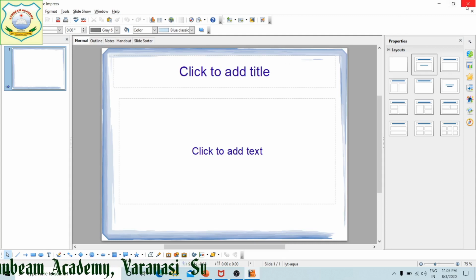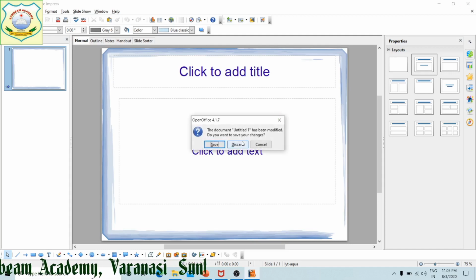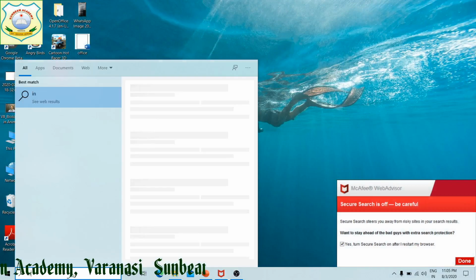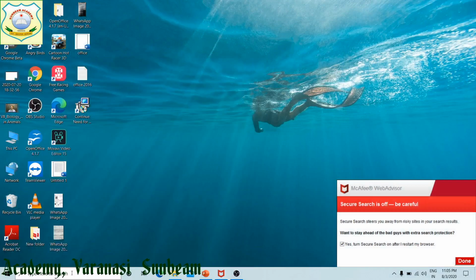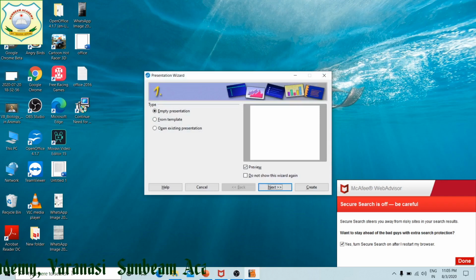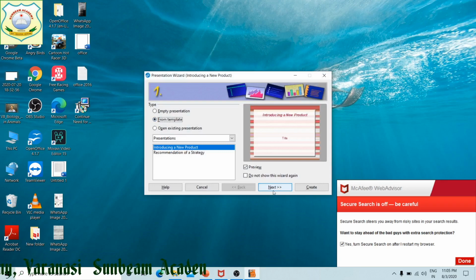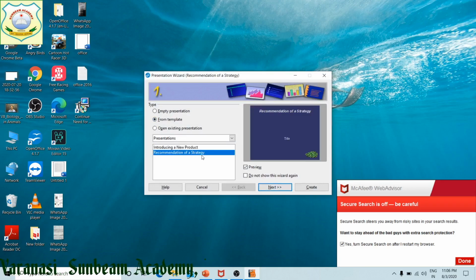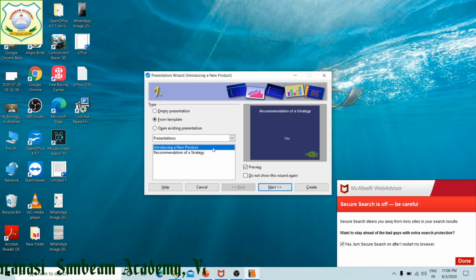Now I am going to show you the second way, that is design template or from template. Select this, you can choose any from the given ones. Now click on, suppose I have taken this one.